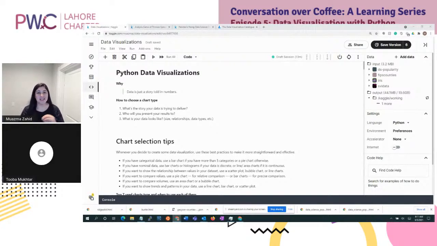Because as I said, there are so many different libraries in Python that you can use. It will depend on the data types, the size of the data, and the relationships between the data, how you can kind of make sense of it. I think in the survey last year, it was said that 40 or 50% of the time, data scientists, data engineers, data analysts actually spend on cleaning the data and making sense of the data and then